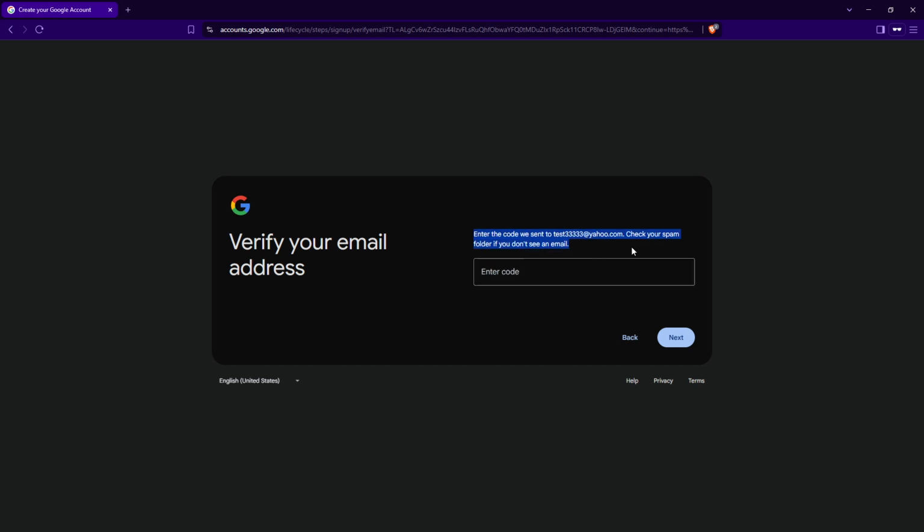sign up page. After verifying your email address, it's time to agree to Google's terms of service. Take a moment to understand the terms if you haven't already, then click I agree. This confirms that you're good to go with your new Google account setup. When you've successfully completed the account creation process, you're all set to access Google Sheets. Simply use your non-Gmail email and the password you set up to log in. It's as easy as that. You can now create, manage, and share your spreadsheets just like any other Google Sheet user without needing a Gmail